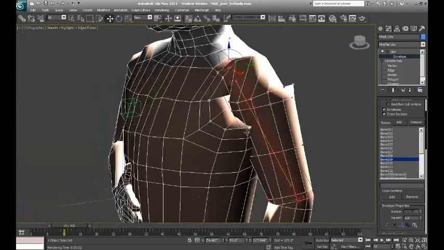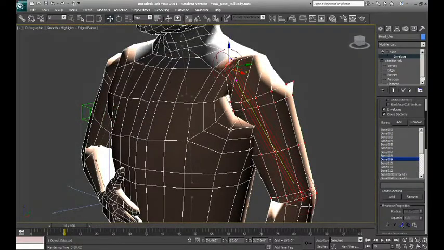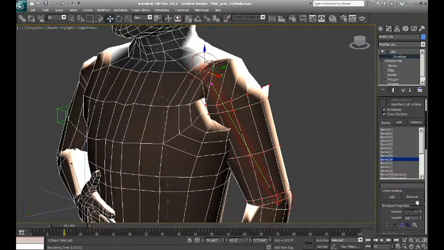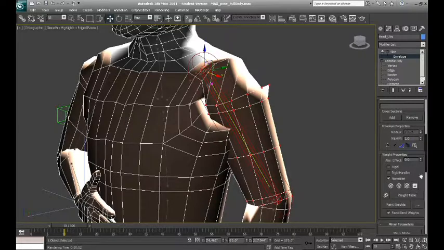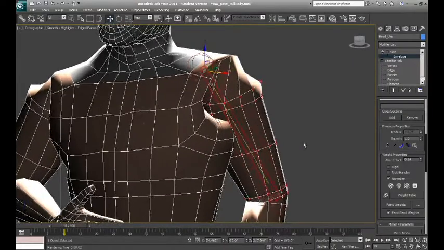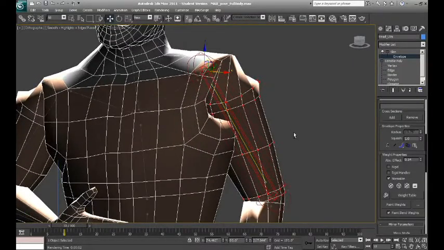to affect, to give the effect to those verts. And we'll go ahead and select these as an example. And we know that we want to weight some of those to this upper arm. So we'll come down here to weight properties where it says absolute effect, and we'll begin to dial that up a little bit. Let's grab all these around here. And then we'll go ahead and dial that up, and we're influencing the way that this shape is going to